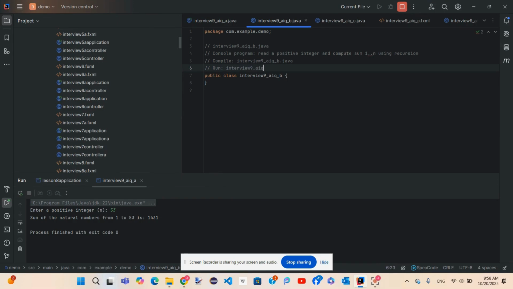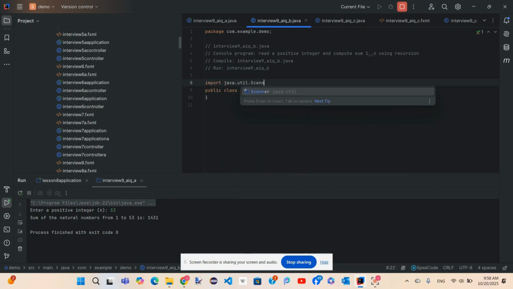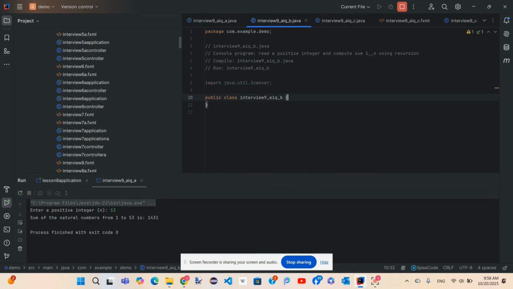Interview 9, AIQ B. Import java.util.Scanner. Enter R for recursion. public static void main(String[] args).